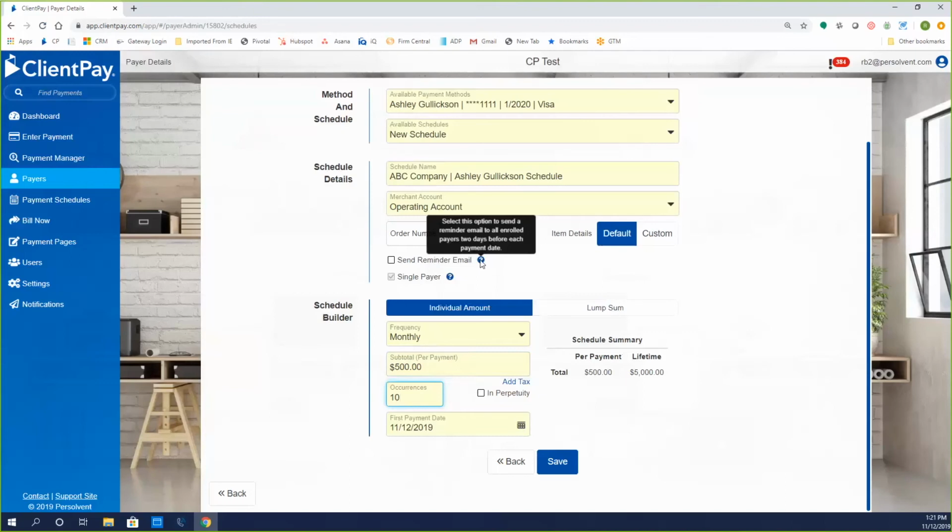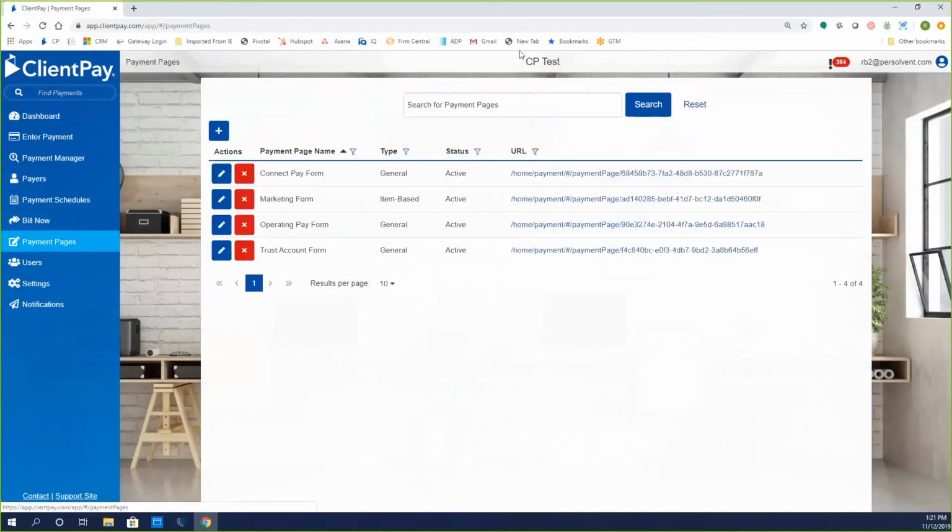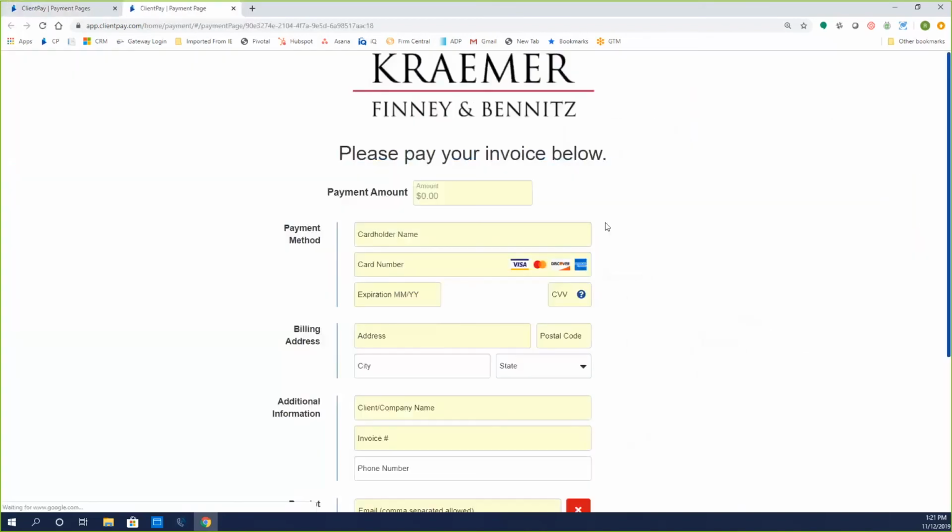So that's one great feature that I know a lot of firms love to use, especially when they're having some challenges reaching out to clients and getting some of that money moving and coming in the door. The online payment piece is extremely important. So many of our firms, for client convenience, speed of payments, and security, have gone to these online payment forms where